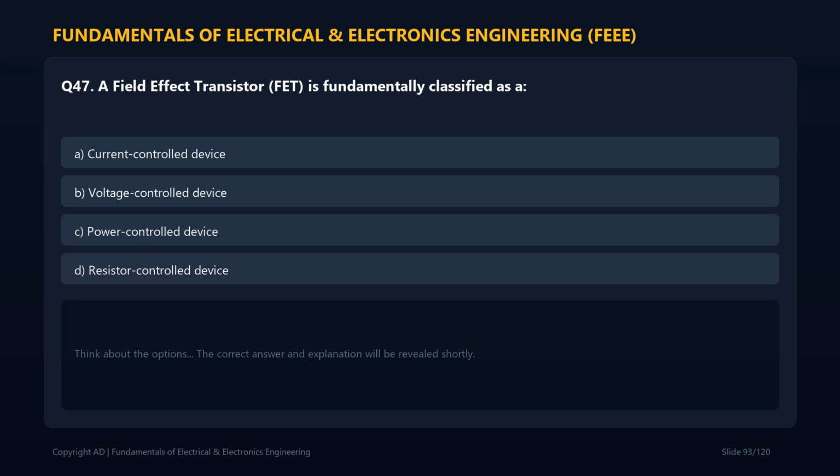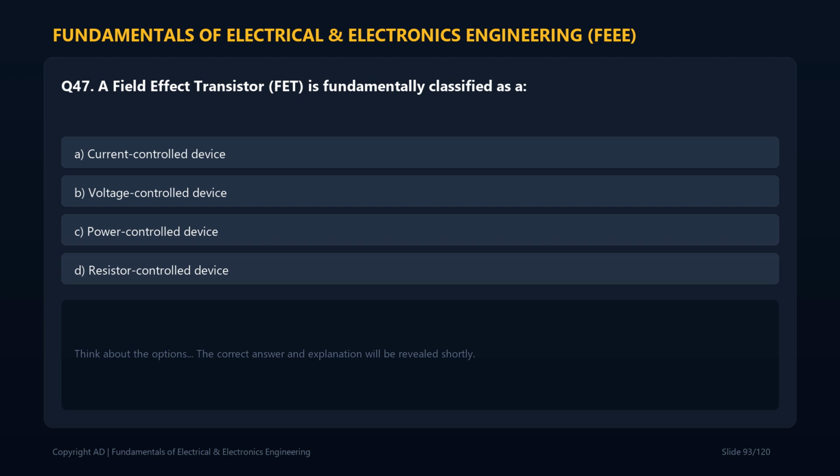Question 47. A field effect transistor is fundamentally classified as a: option A, current-controlled device; option B, voltage-controlled device; option C,